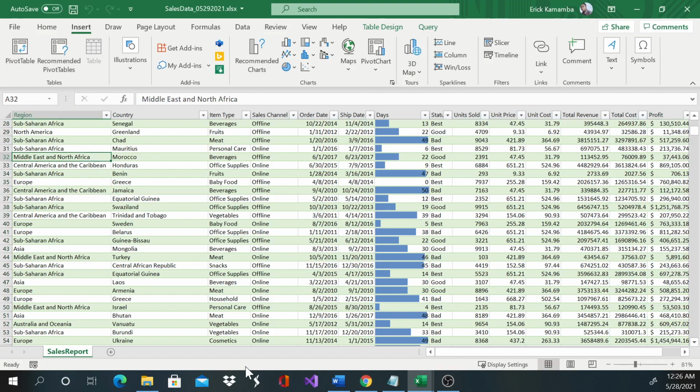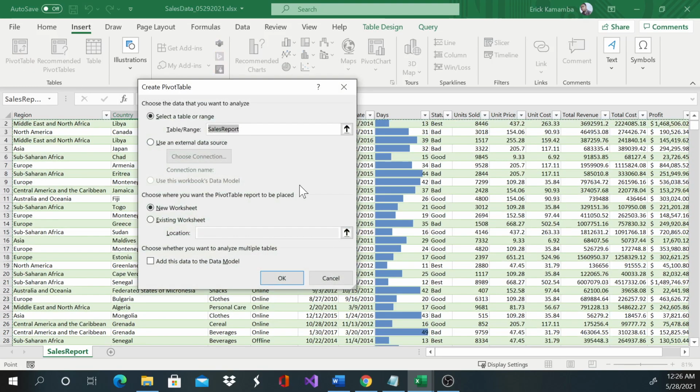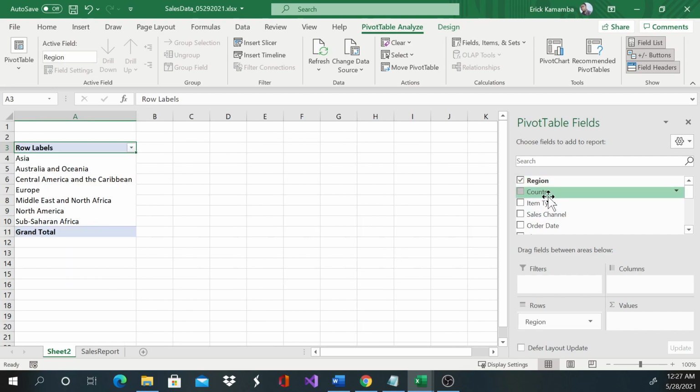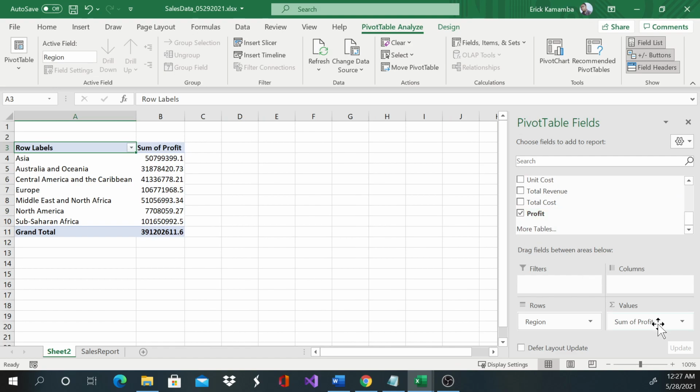And I'm gonna go ahead and create a pivot. So for people who missed how I did create a pivot table, take a look again. You select any cell in here and do pivot table, and I'm gonna leave everything by default. If you pay attention, I do have only one sheet here, but I'm gonna create a new worksheet. I say okay, and then I'll pull region, and then I'll go ahead and pull total profit, and it